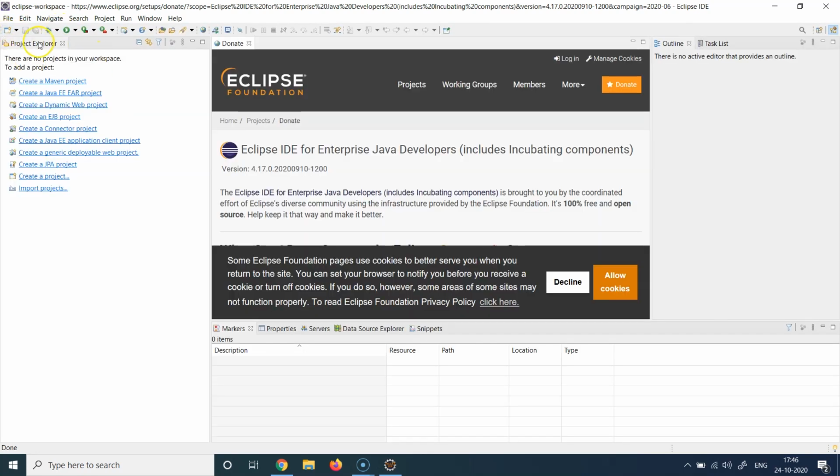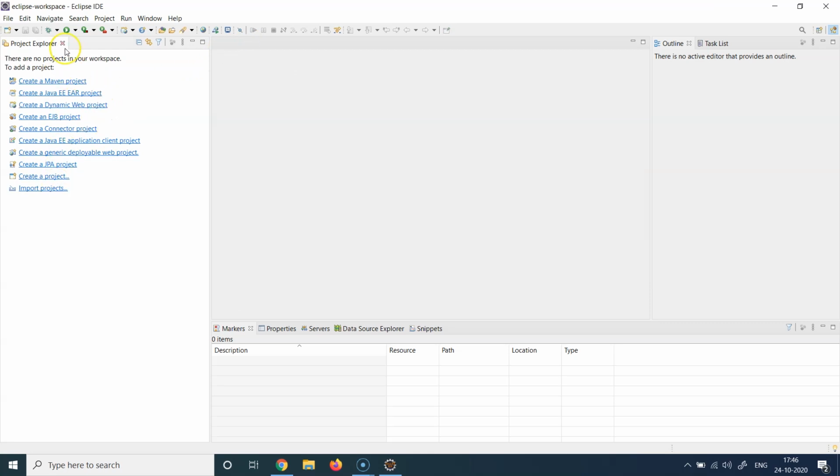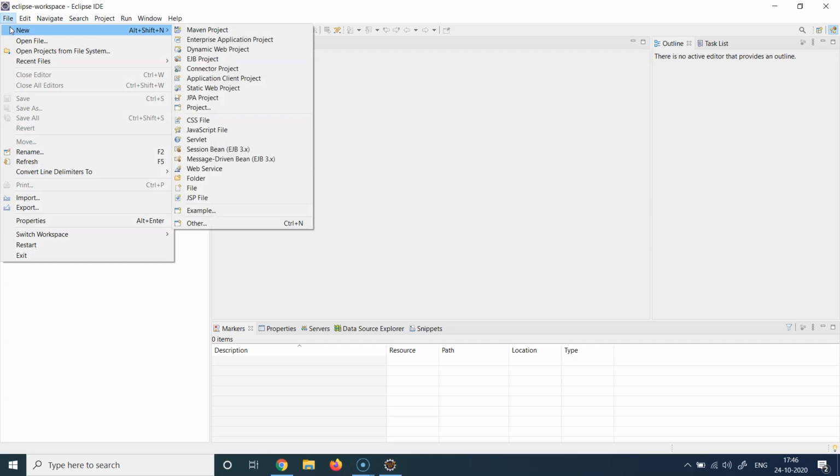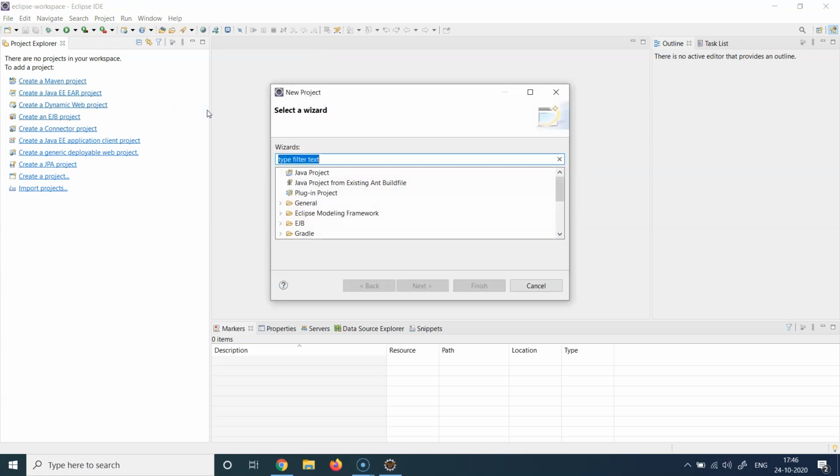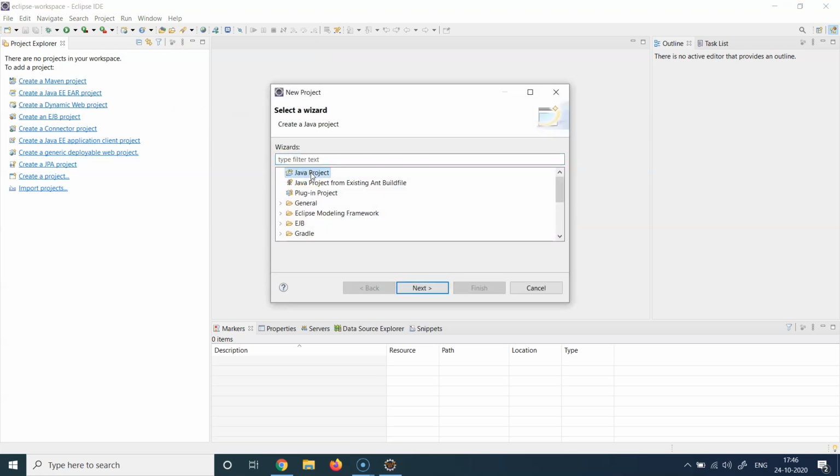You have a nice navigation project explorer bar here. So all the projects which you're going to create will be listed here. There are also some quick shortcuts here for creating different kinds of projects. And if you don't want to use that, just go to File, New, and choose the kind of project you want to create, whether it is a Maven project or enterprise application project or dynamic web project or just a project. If you just hit just a project, you can choose a basic Java project to start with, click Next,